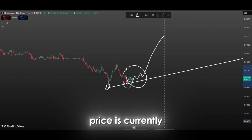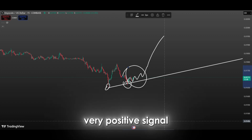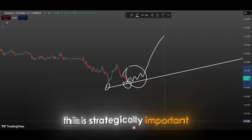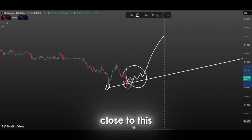The fact that the price is currently holding above this rising trend is considered a very positive signal for investors. Trend lines like this serve as roadmaps in technical analysis. As long as the price remains above this line, the general market direction continues to be upward. This is strategically important, especially for trend-following investors. The price staying close to this support line and frequently finding support there indicates the formation of a technically healthy